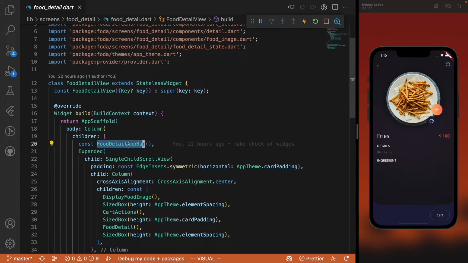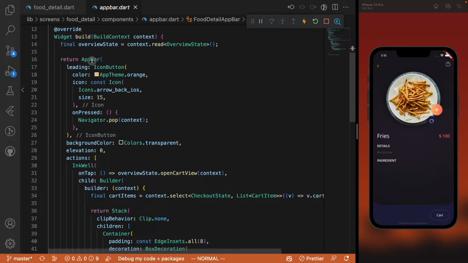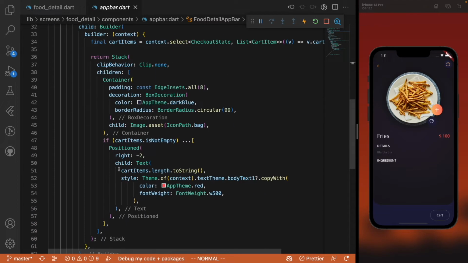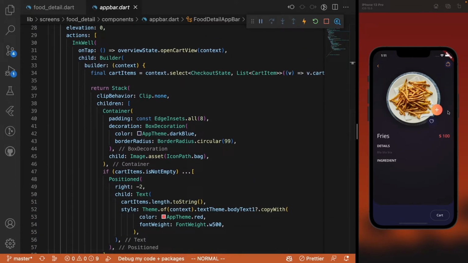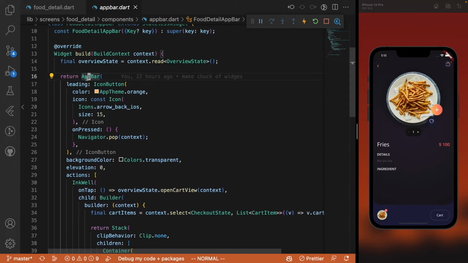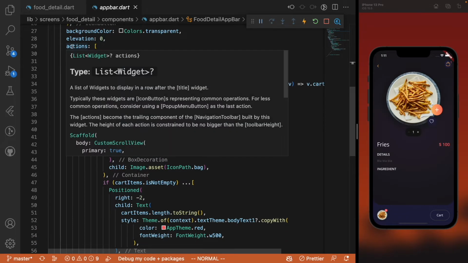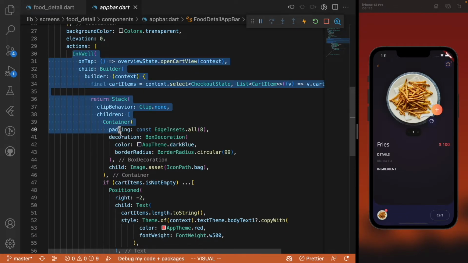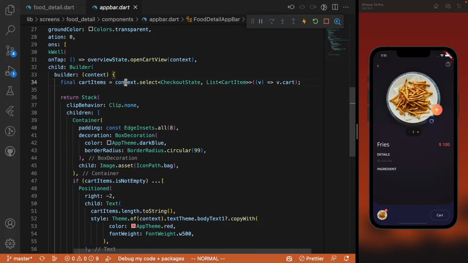So this is the food detail app bar, which is what you're seeing here. It's just an app bar and has some actions, which we are showing right here. If you add here, you can see that we are showing one here. So this is it for the actions of this app bar. The actions are a list of widgets, and we are adding this inkwell and have a builder. So here in this builder, you can see that we are using